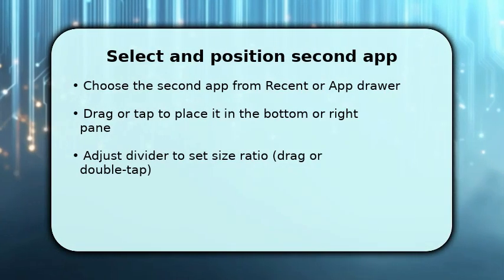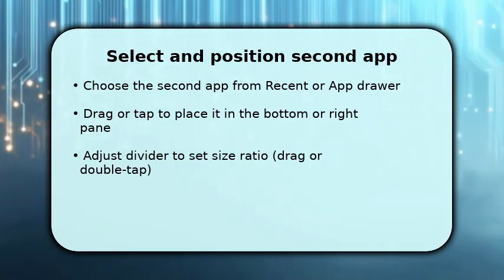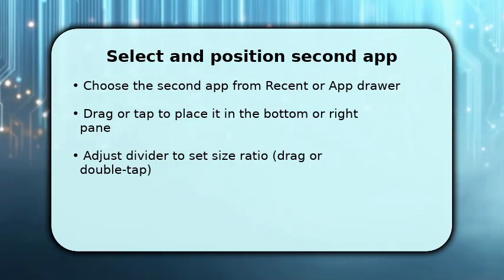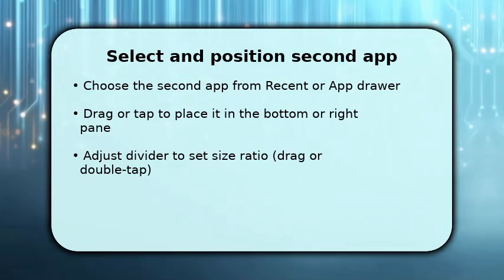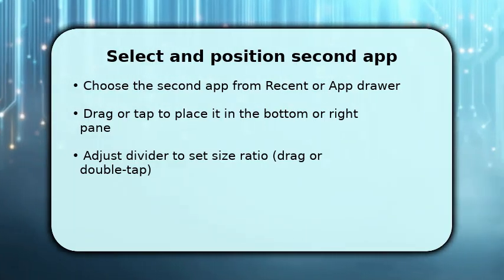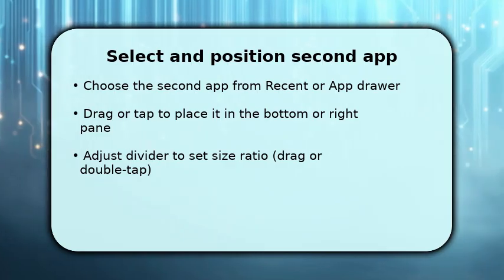With the first app locked in place, you now pick the second app. Either choose it from recent apps or open it from the app drawer. Tap the app to snap it into the remaining pane or drag its icon into the split area if the